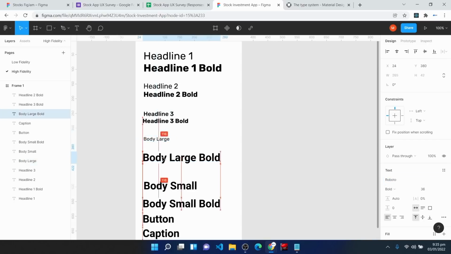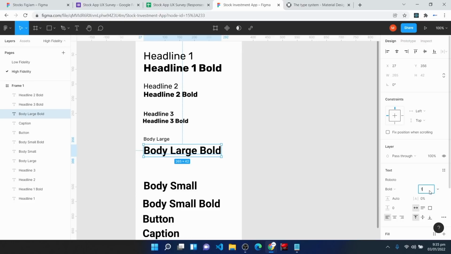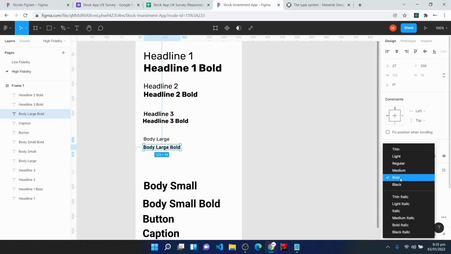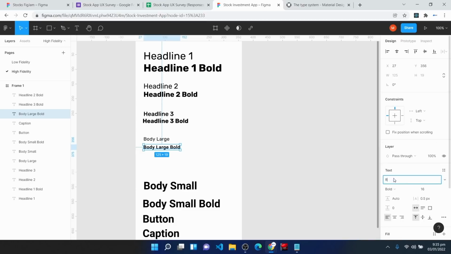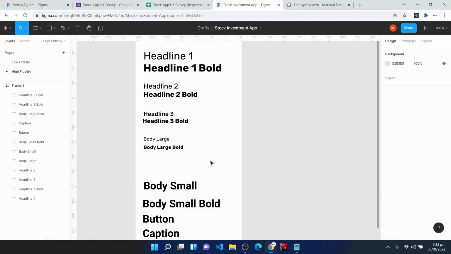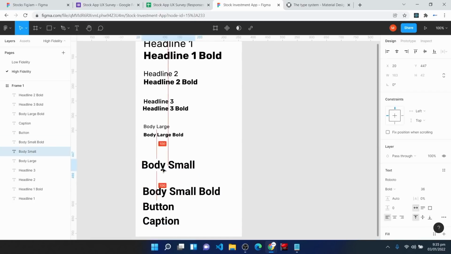that's okay. For the body large bold, you know what to do already. I would set this to 16, set this to 0.5px, set this to bold, then set this to Rubik, and that's it. So I would go ahead and I would have my body small text here, and if I come